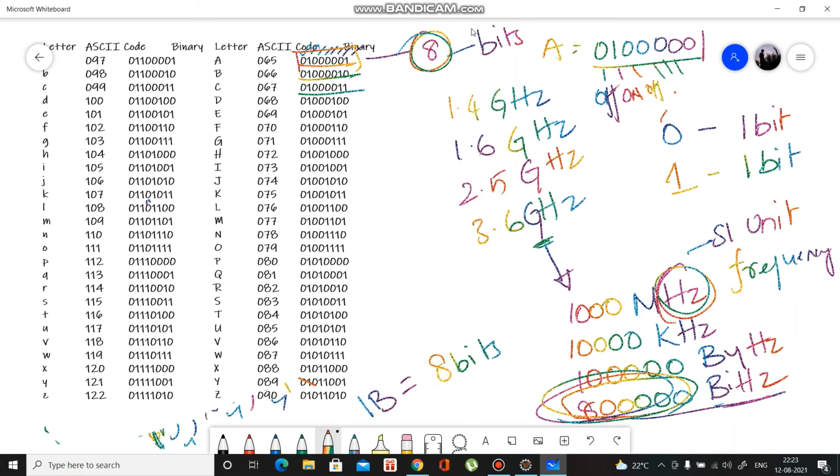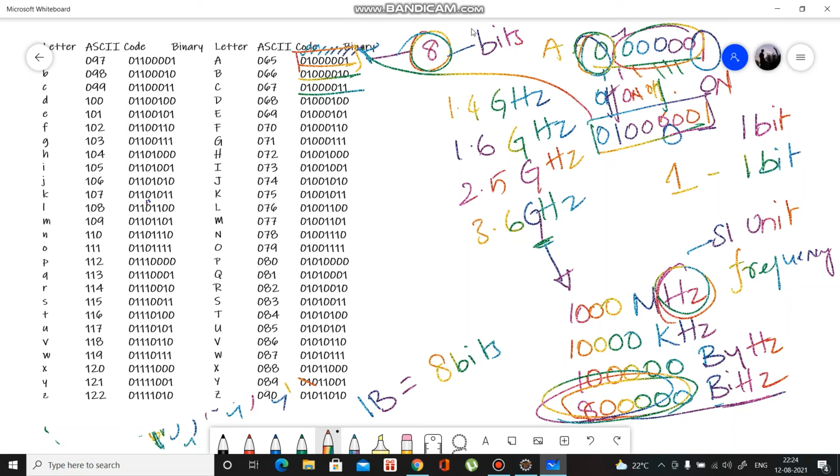Here it's 1 off and 1 on, and again 5 offs and again 1 on. If you are getting the frequency like this, with 1 off, 1 on and a constant of 5 offs and again 1 on, then you should know it's A.